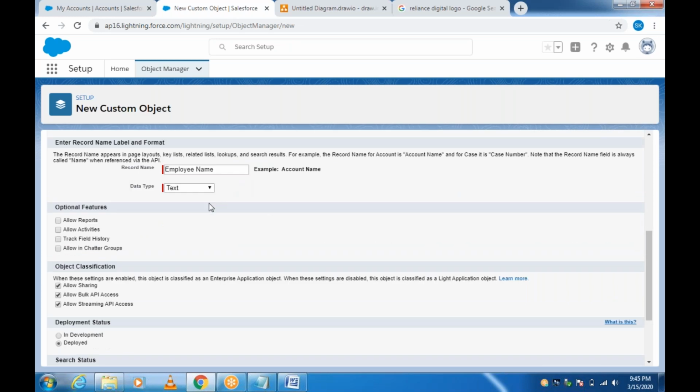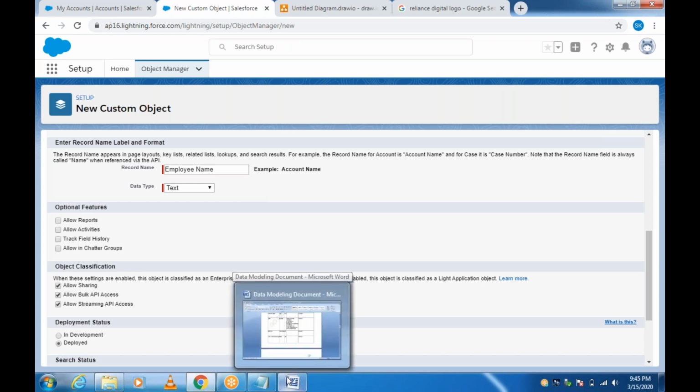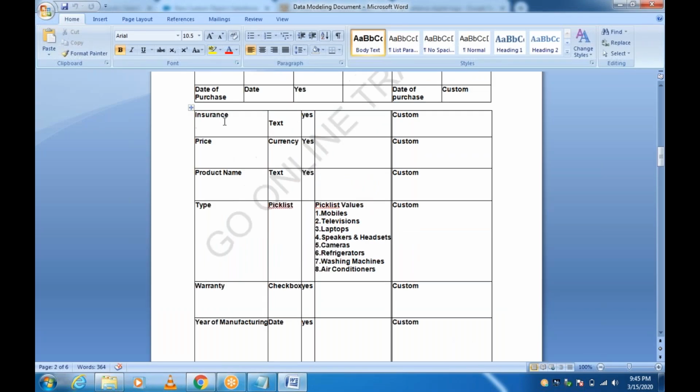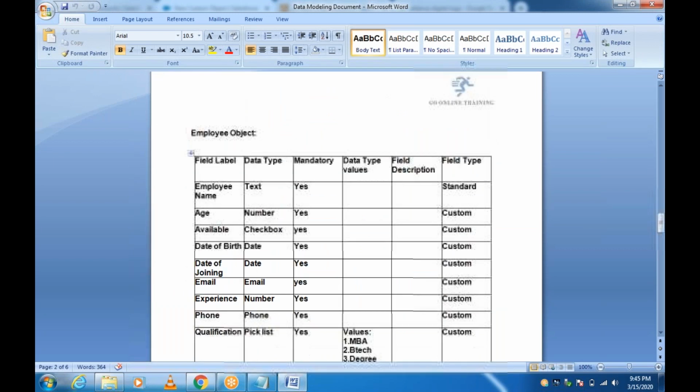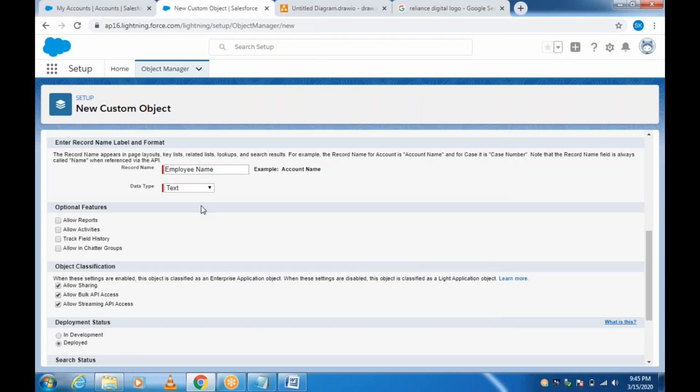Next, enter a record name label and first name. Whenever you create an object, system will create by default four fields. Four fields means four properties. It will assume that we need it like this. We are giving for product, we have defined these fields, right? For employee we have defined name, employee name is like that. Salesforce will create by default. It is asking to create one field by default. That field name, it is asking whether you want to have an employee name, or maybe something